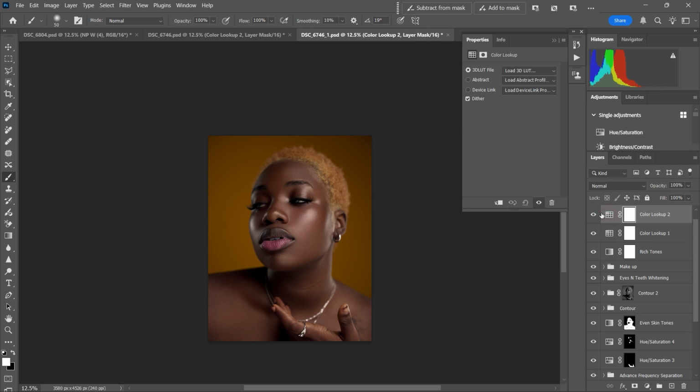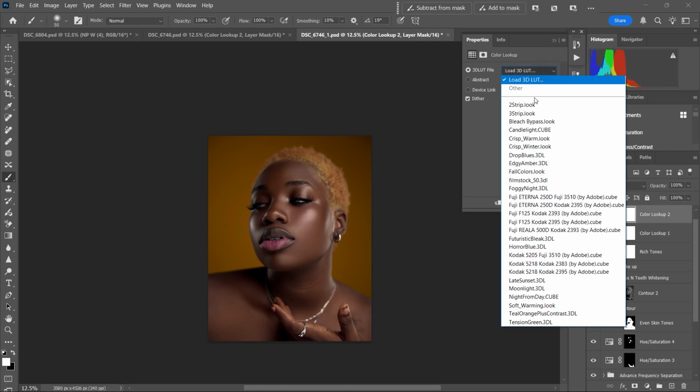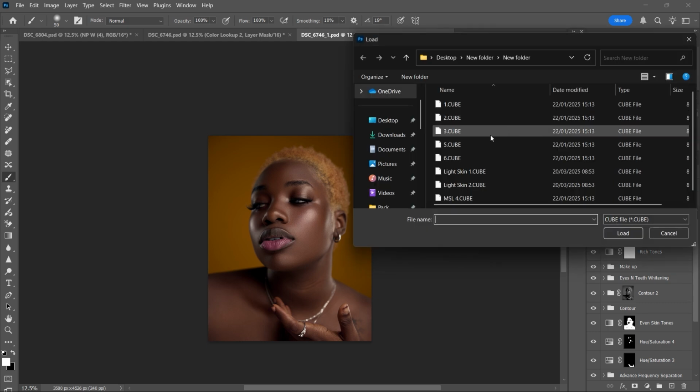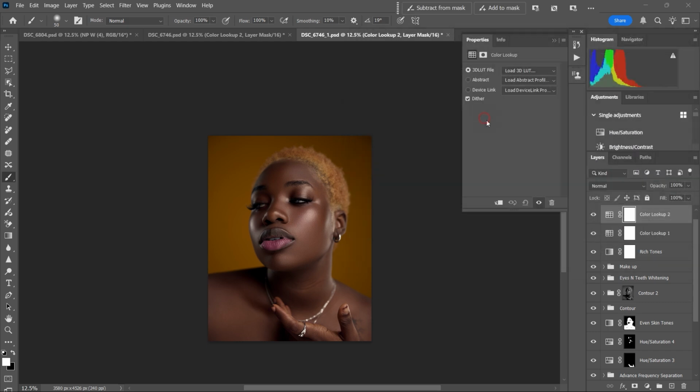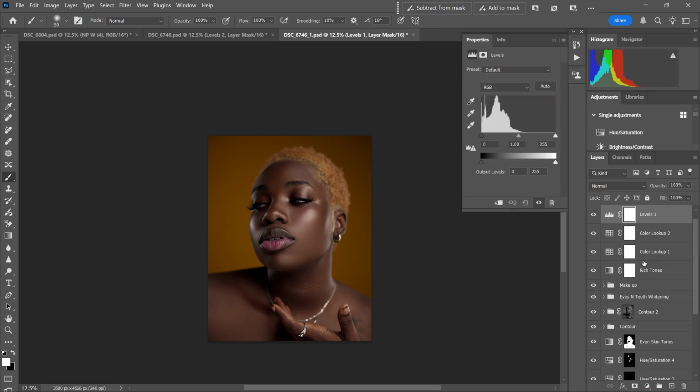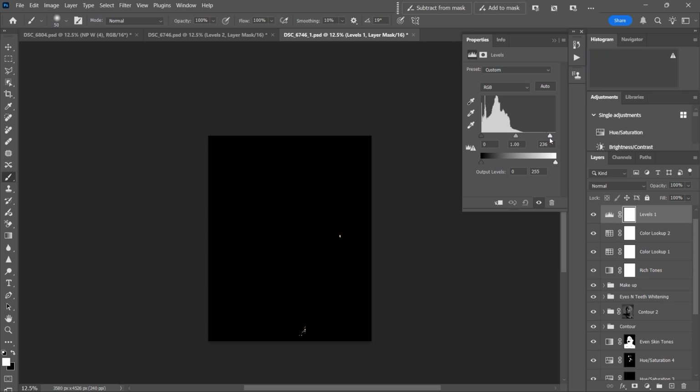Then I'll bring in the second Lut. Use this one. Reduce the opacity down. Before and after. I'll take the opacity down a bit again. Before and after. So the next thing, I'll bring in my levels, hold Alt and pull this slider down